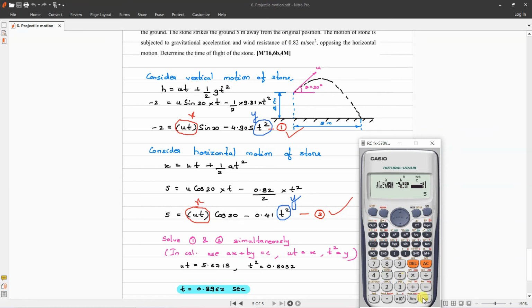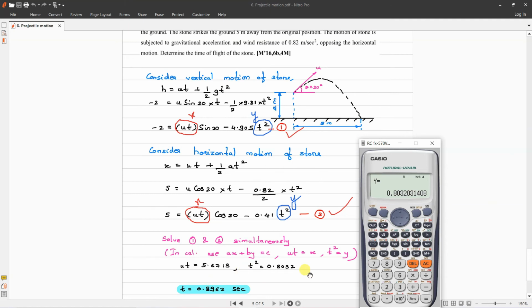So again press equal to. So first we will get x. What is x? ut, and ut is 5.6713, which I have written over here, and next is y, which is t square, and t square is 0.8032. That value I have written over here. Now if you take under root here, you will get value of t, which is